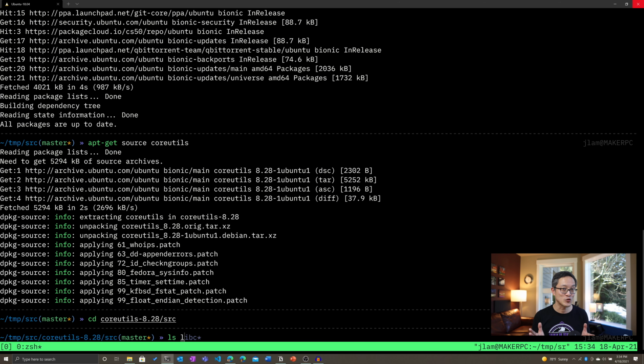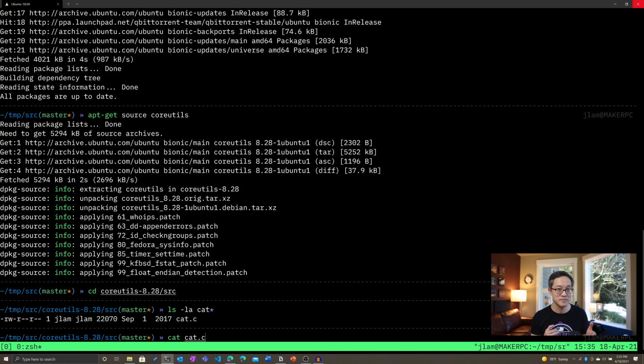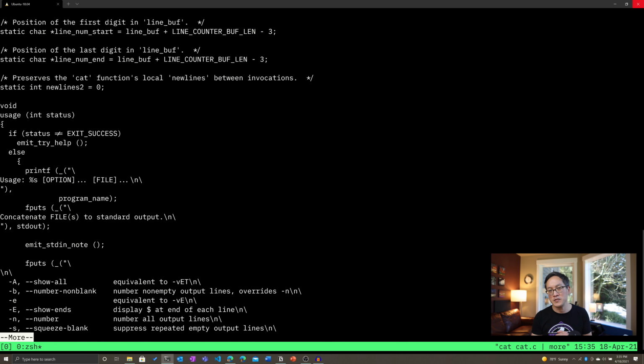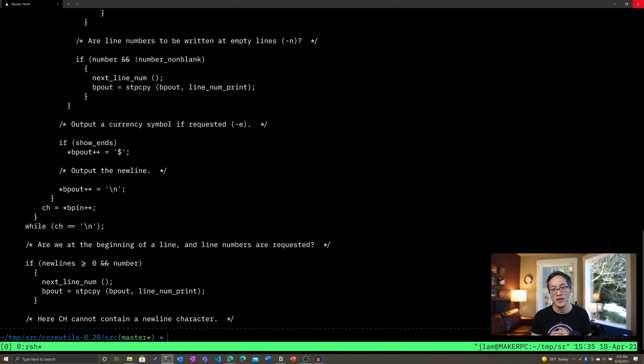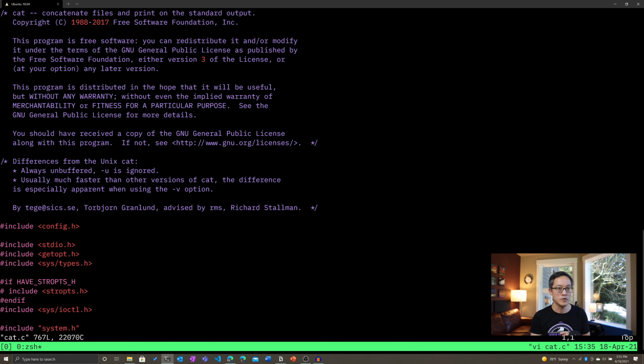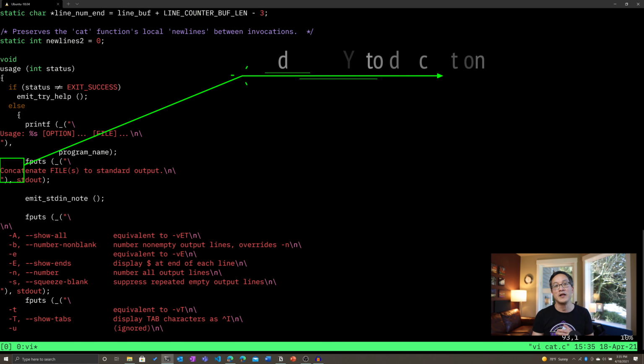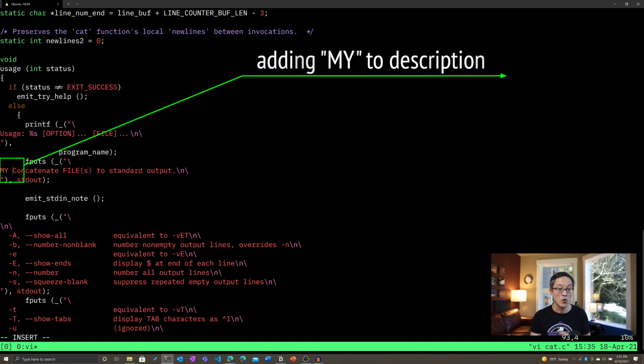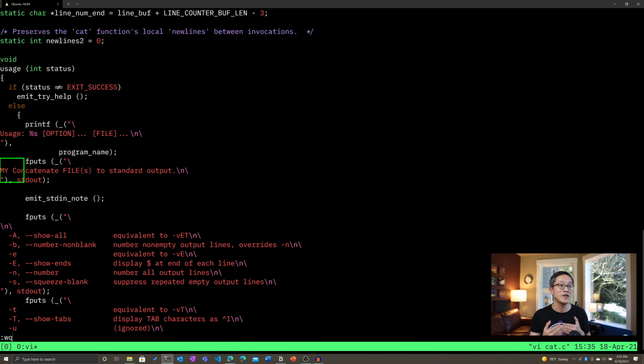Now let's look at the source code for cat using cat. We can see that there are 767 lines of code in this version of cat.c. What if we wanted to make a really simple change to the source code and recompile it? Let's edit the description of the cat command that's printed out when the user runs it with the --help